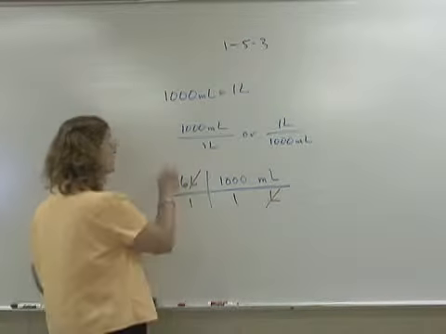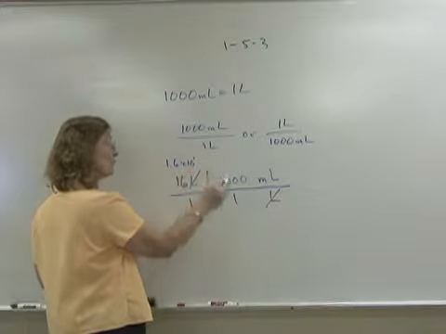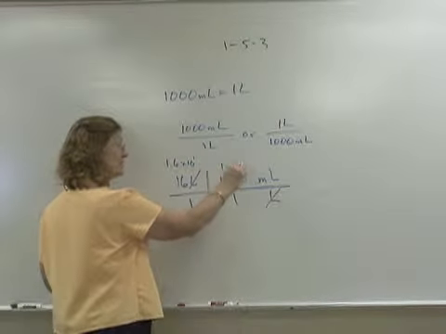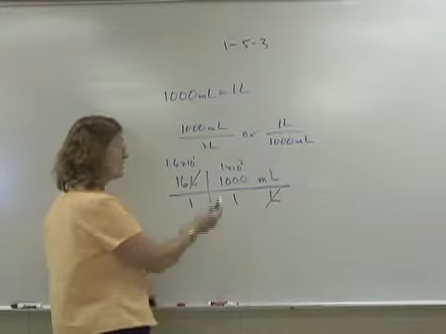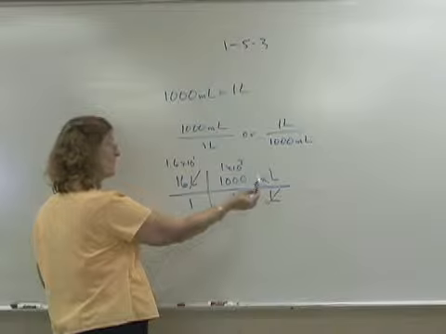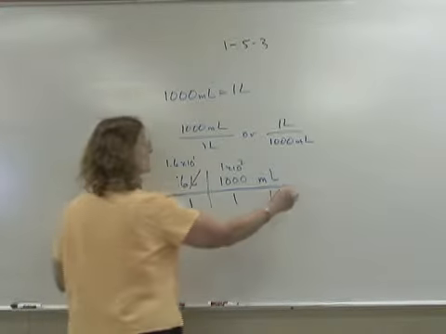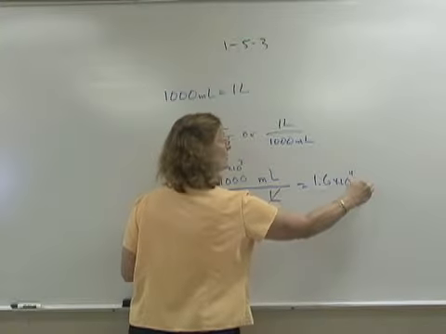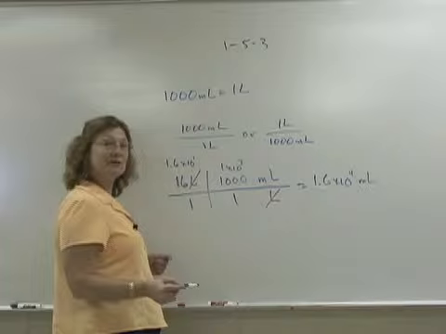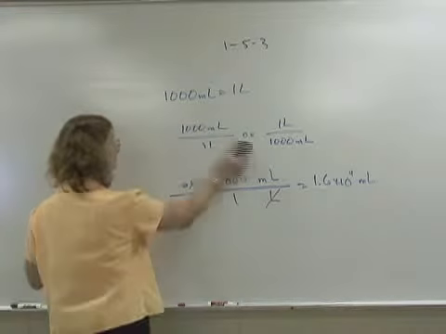If I change this to an exponent, this would be 1.6 times 10 to the 1, and this is 1 times 10 to the 3. So when I'm doing exponents, I add them when I'm multiplying. So the top numbers I'm multiplying, so 1 plus 3 is 4, and my answer is 1.6 times 10 to the 4th milliliters. If I'm going in the opposite direction,